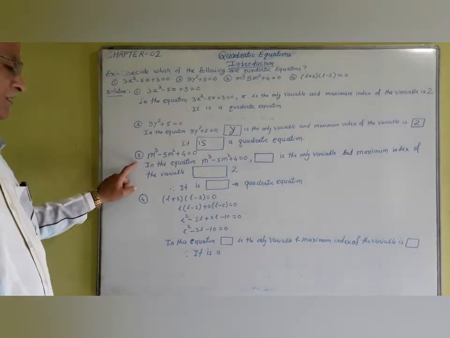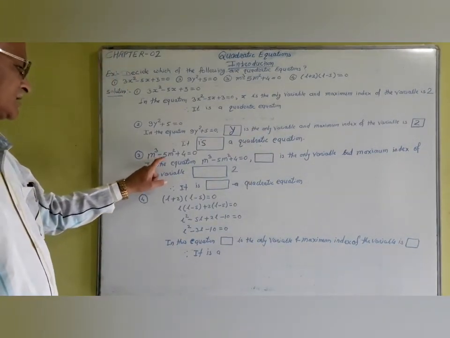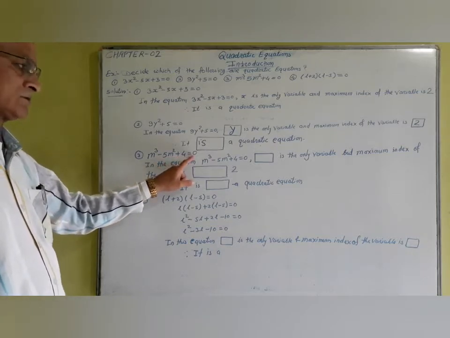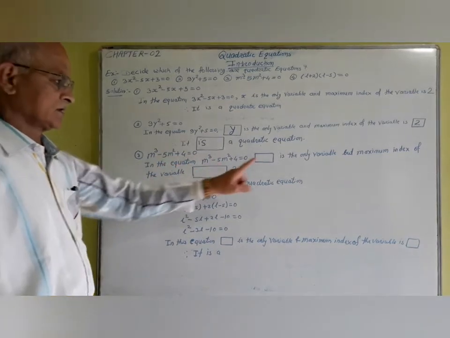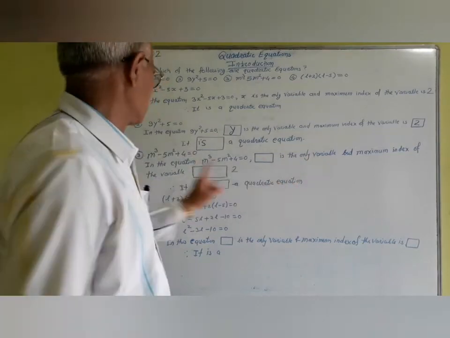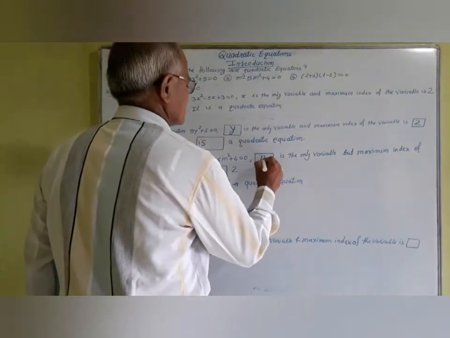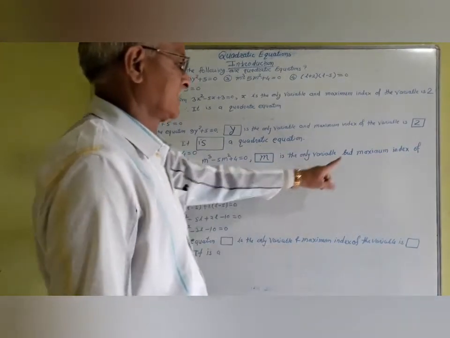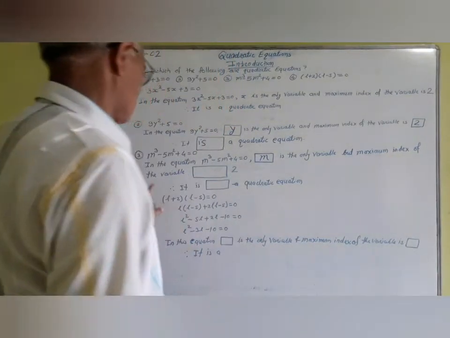In the third example, the equation m cube minus 5m square plus 4 is equal to 0. In this equation, which is the variable? M is the only variable, but the maximum index of the variable